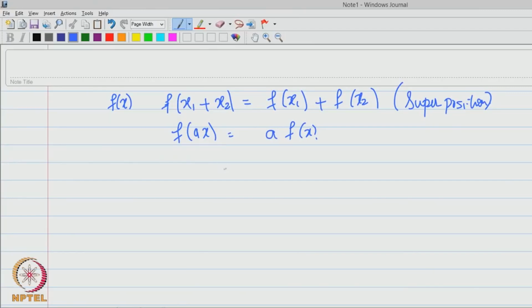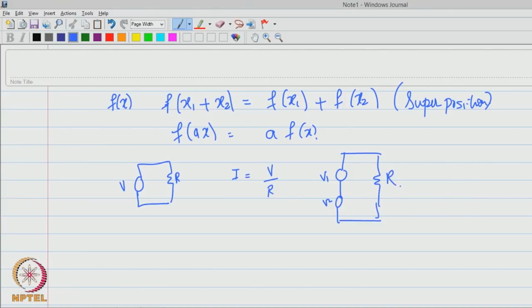Essentially, if I take a resistor R and give it an input voltage V, the output I see is I equal to V over R, right. Now, what happens if I have two voltage sources, V1 and V2, with the appropriate sign conventions, across R? What is the current? The current I see here is V adds up, like V1 plus V2 over R, which essentially